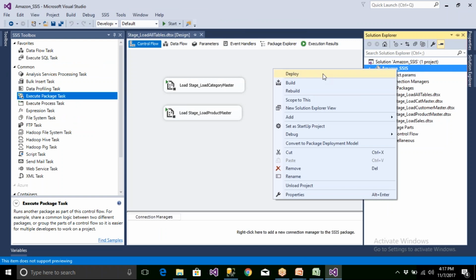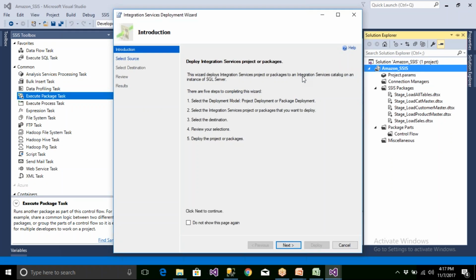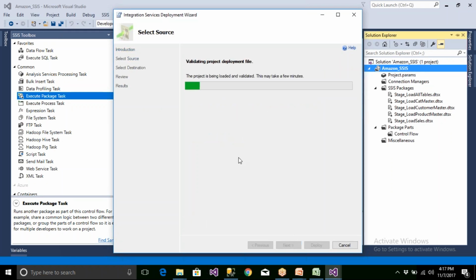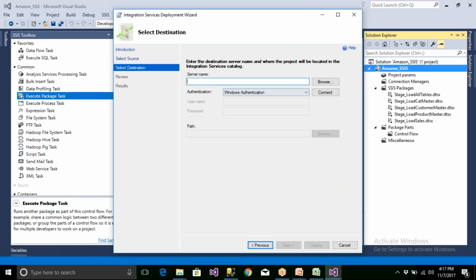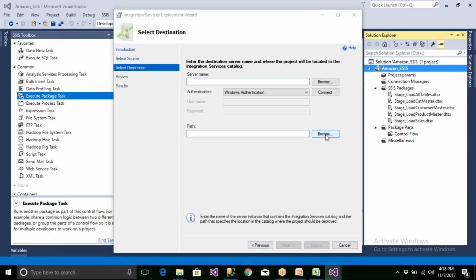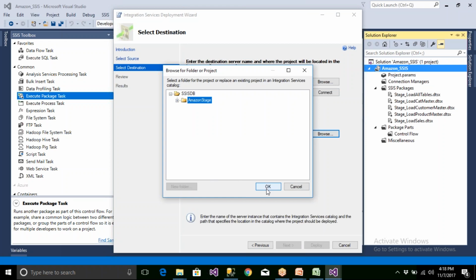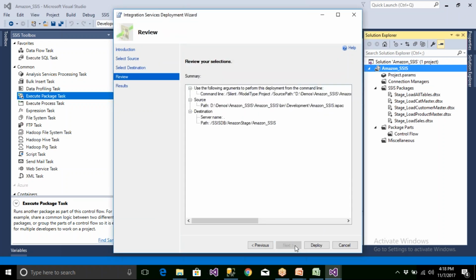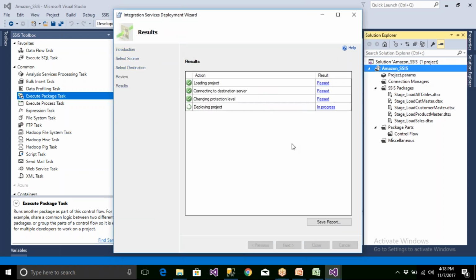When you say deploy, it is going to call an ispac file, right? So click next, and the server name is dot. Click on connect. You have to go into Amazon stage, click on OK. Now click on OK. Now click on deploy.